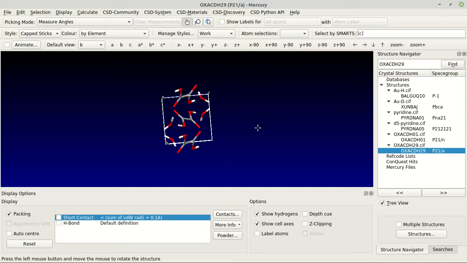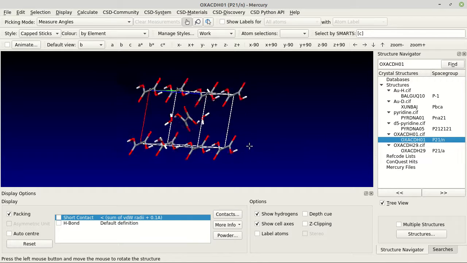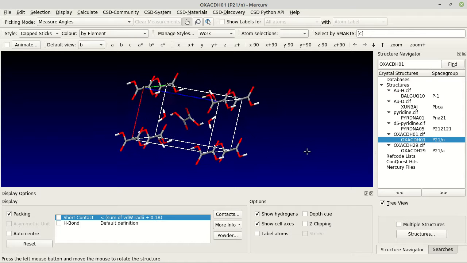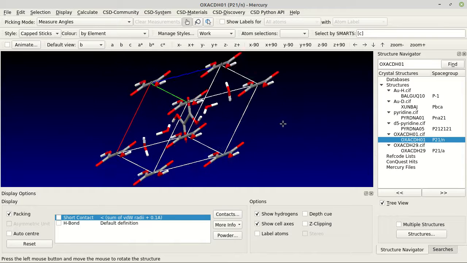Well, we also see different layers here and here. This is one layer, all parallel, and here is the second. Once again here. Well, now this is the first view. I'm not sure if you can really realize that there is a difference in the crystal packing. I'm not sure. So what we must do, if you really want to confirm this suggestion, is have a look